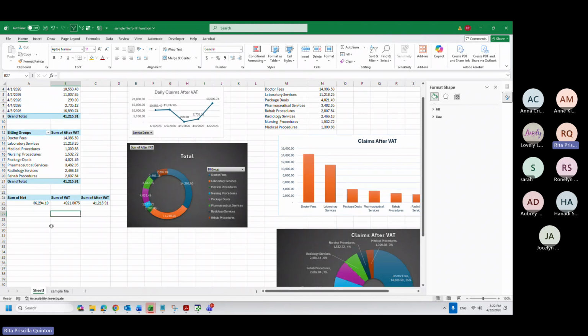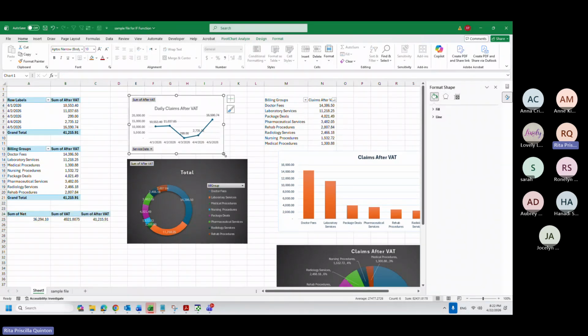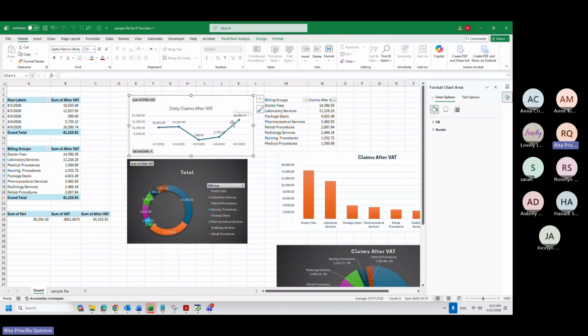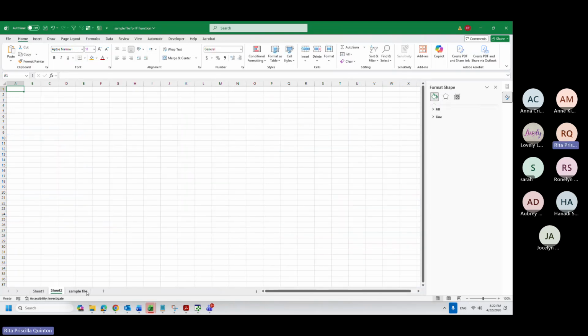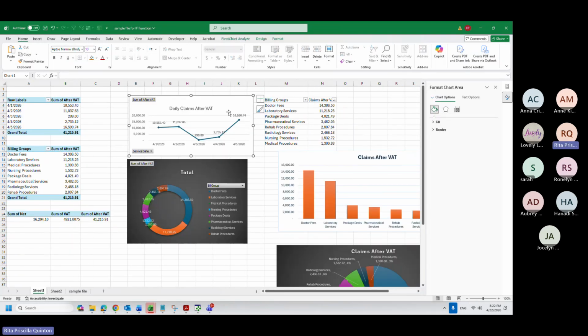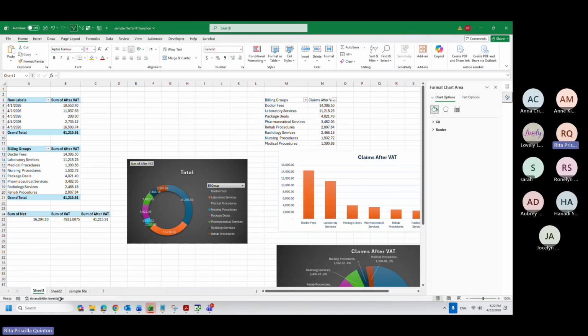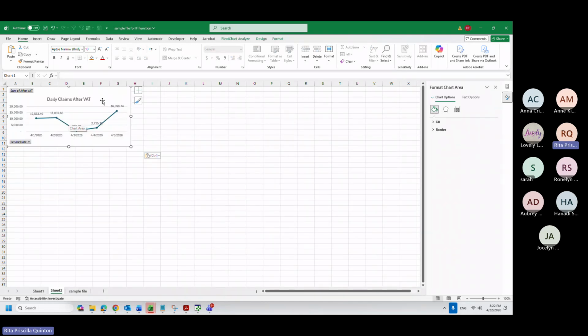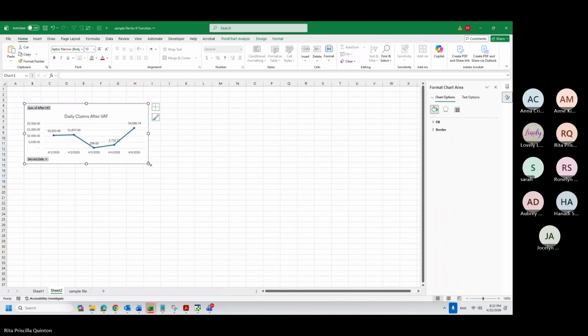Okay. For why I put also the totals here, because usually, for example, if you want to present this, okay, I will cut this, put it in another sheet, paste here. Okay.